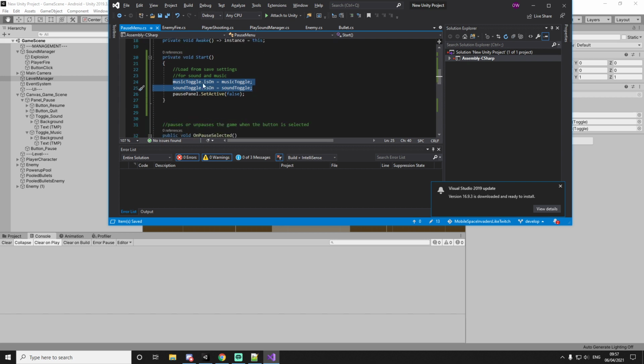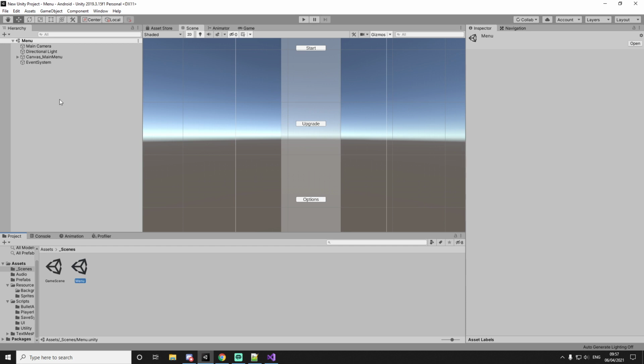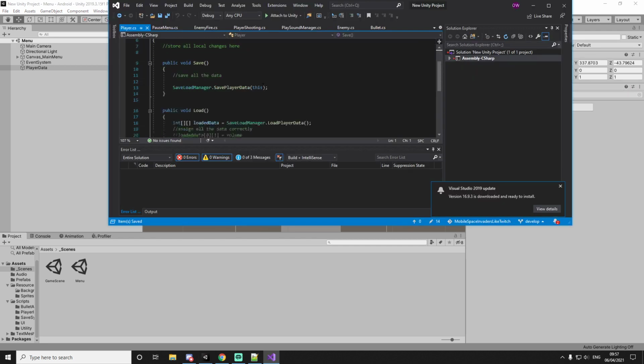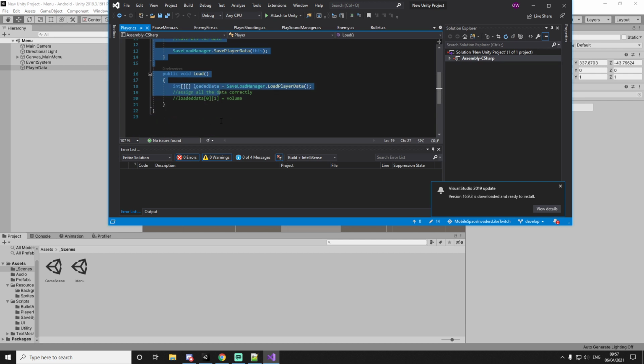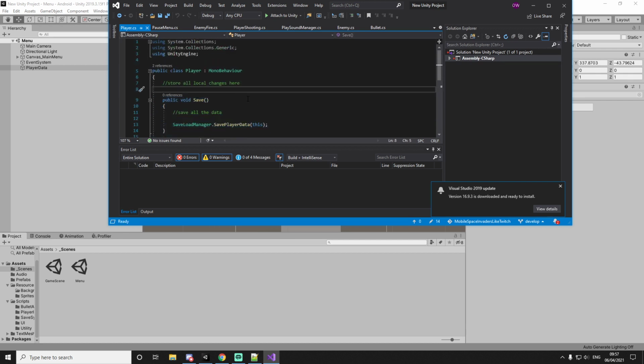We'll be implementing the saving of the sounds and the music, loading and saving of the sounds from inside the save manager. I'll quickly show what the save manager will look like. So we'll have an empty game object. Let's call this player data, and this is where we will have the player script attached to it that I've made in the last part. And what we're going to do is populate this with our local versions of our saving. So if we quickly go and write